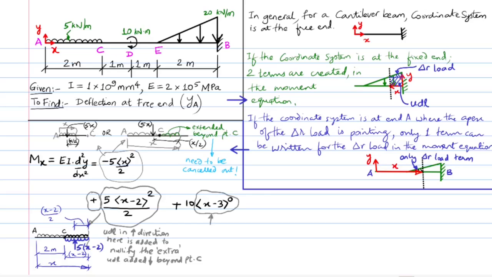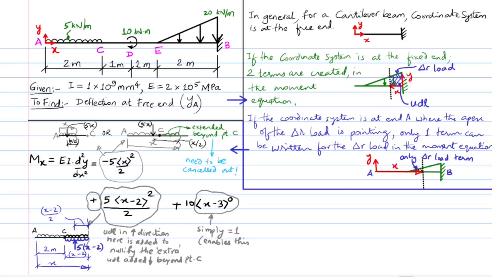Later, once we integrate this equation once and twice to get 10x and 10x squared over 2 respectively for the slope and deflection equations, and then find the unknown constants, this third term will be retained when we need to estimate either the slope or the deflection in the regions to the left of point D. Actually, for slope and deflection calculations for the regions to the left of point D,